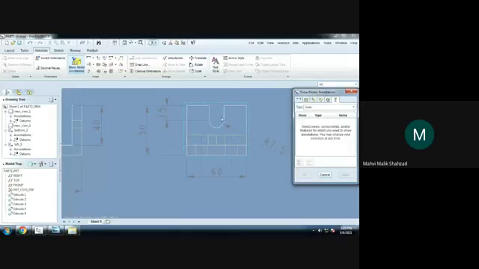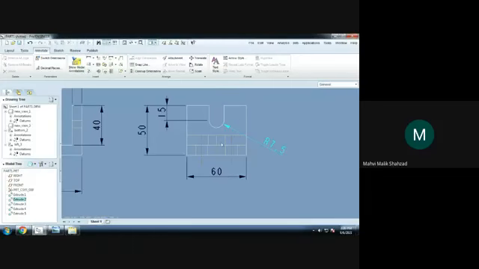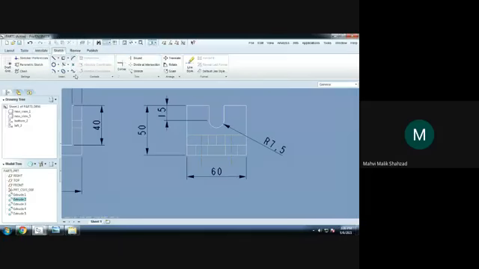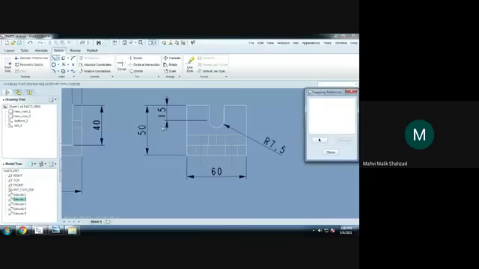Again, I will select this. That is only an arc, so it is not showing. So we can draw it. We can go for the sketch here by using the center line option. We can draw the